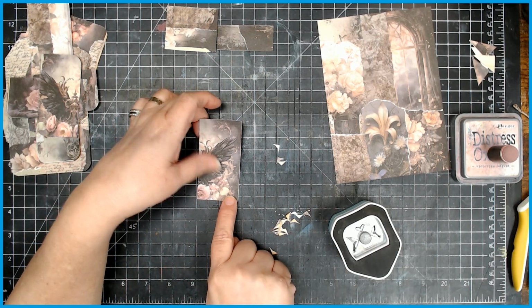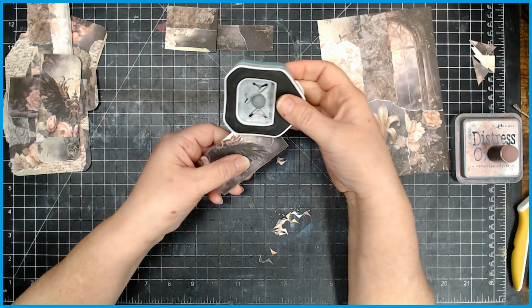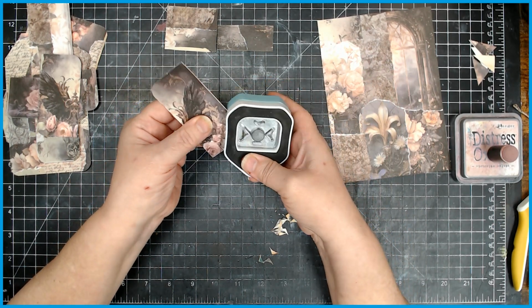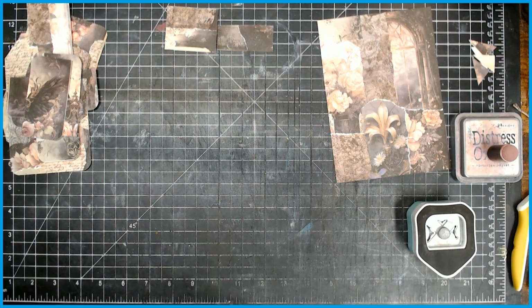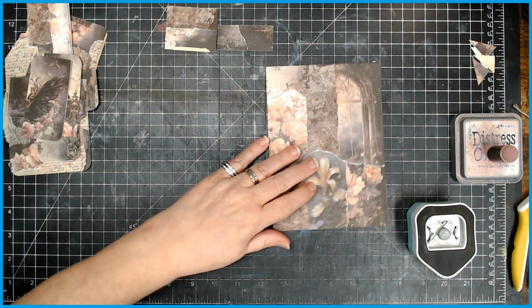I'm going to do the same thing here, only the opposites. So this would be the entrance side of the tuck. So the top of the entrance side and the bottom of the glued side. All right, good enough. Now, as far as the ATCs,